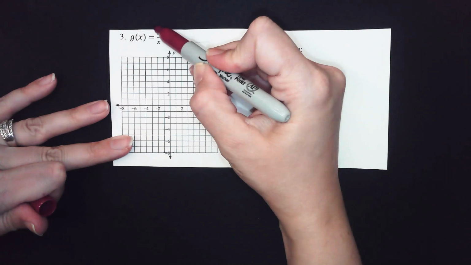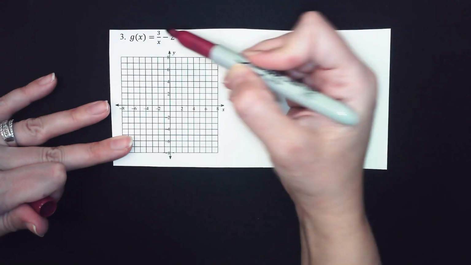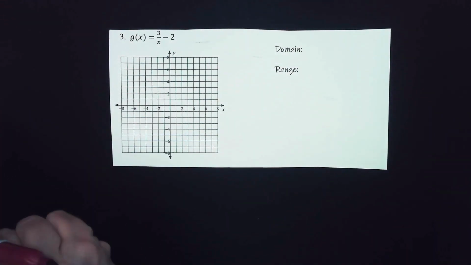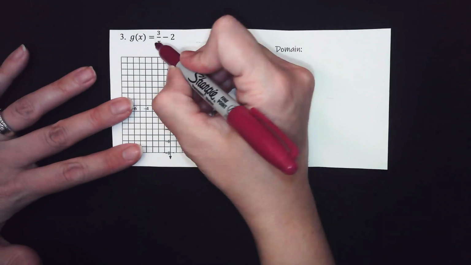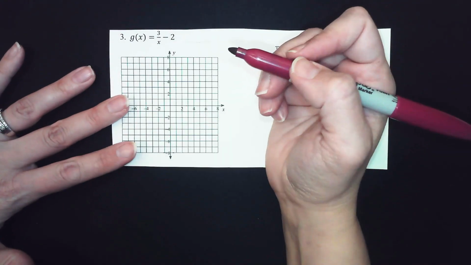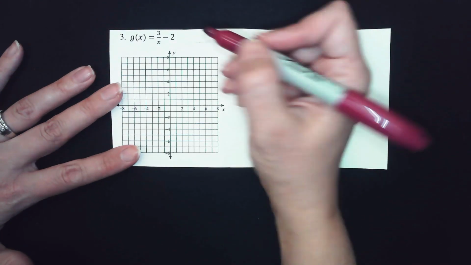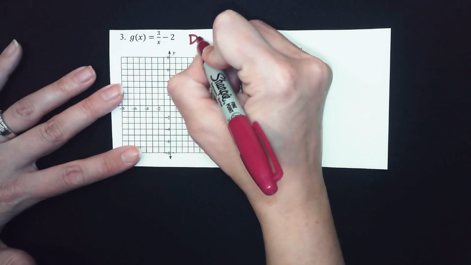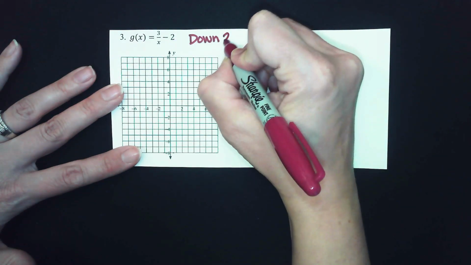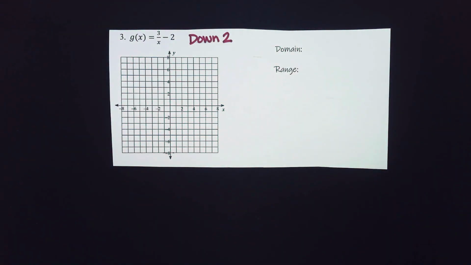Nothing is in front of this. Remember that number on top doesn't mean anything. It's not a stretch or shrink, okay? This down here has nothing grouped with x, so it's not moving left and right, but I do have a -2, and so that means my graph is moving down 2 from whatever the parent function is, which is 3